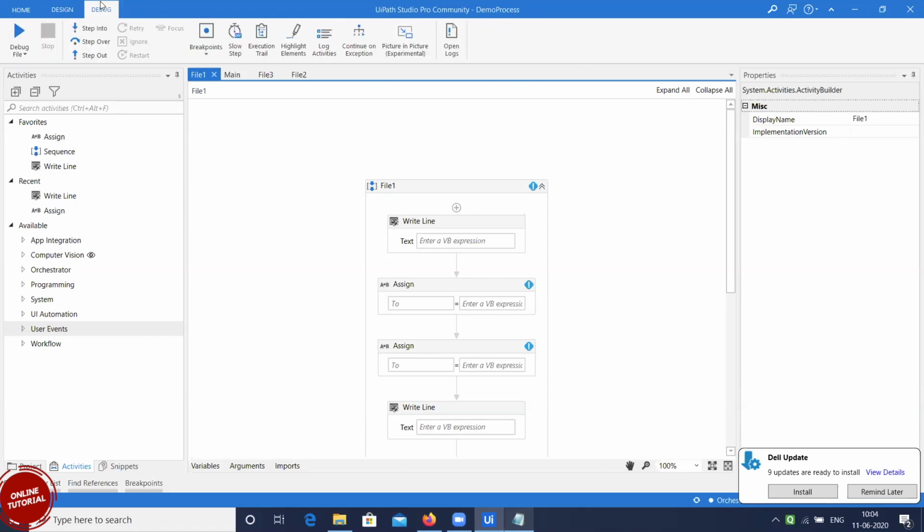Then we have debug. So in publish, Milan, basically if within the RPA team, a team lead wants to know the entire project, can we publish these details into his view so he can review it? No, where do you want to review, in Orchestrator? In Orchestrator, you can't review it. There's no way to review it. Whatever design you want to review, you have to come back to Studio only.